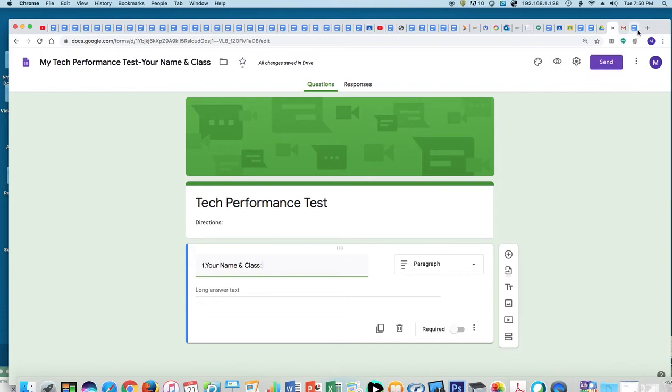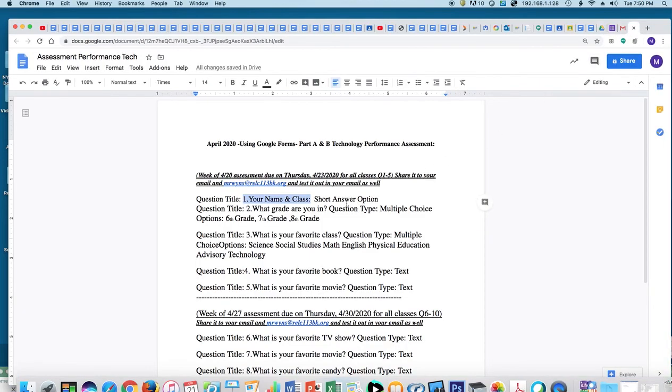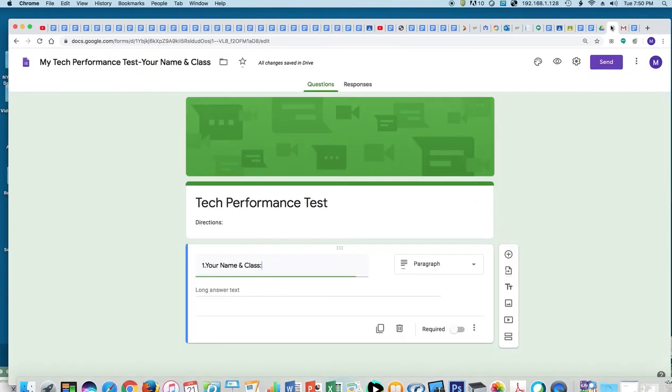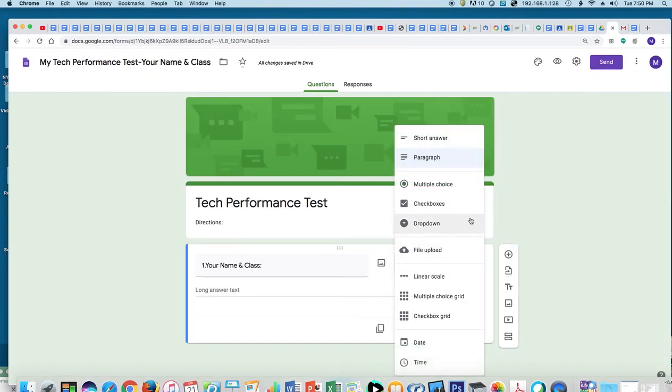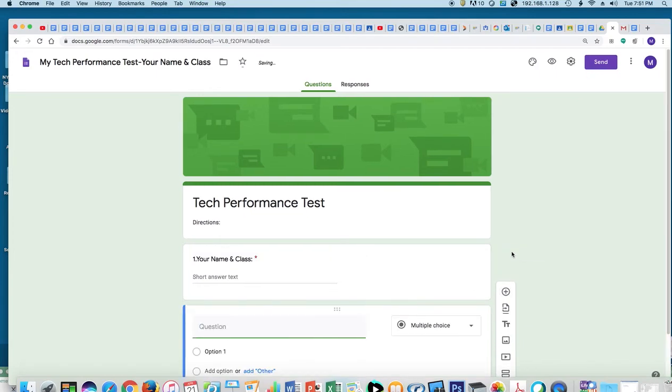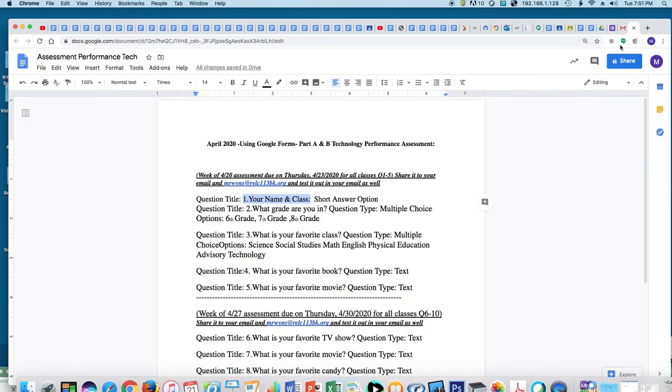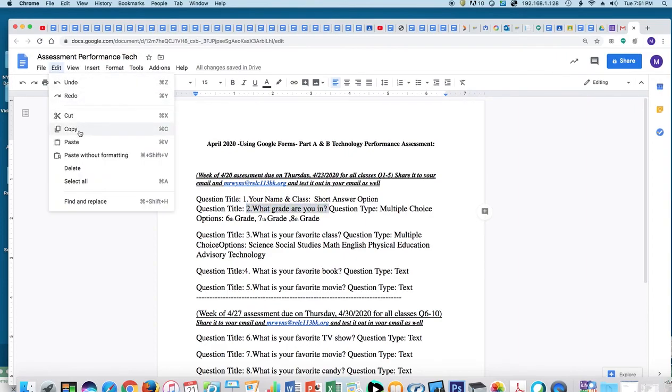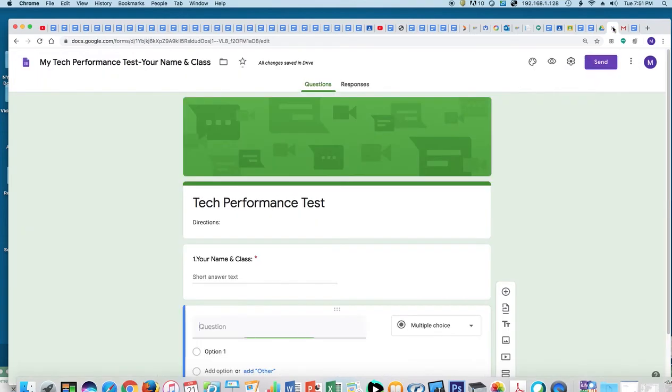Now, if I go back and just verify by looking at the document, it says short answer option. So then I go here and I click this and make it a short answer option. I check required because I want the person to do it. And then I add the next question by clicking this button here. I go back, I get my next question. What grade are you in? Question 2. Highlight it, copy it, go back to my template,